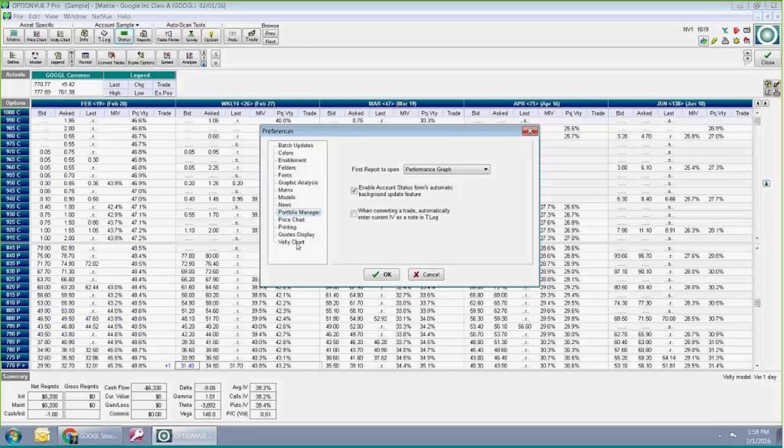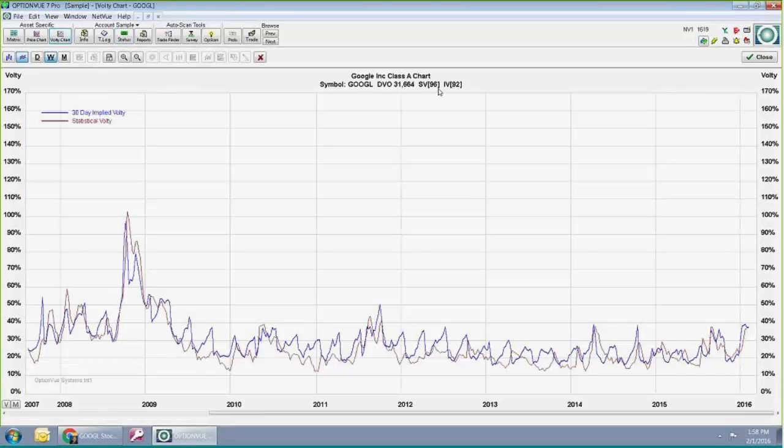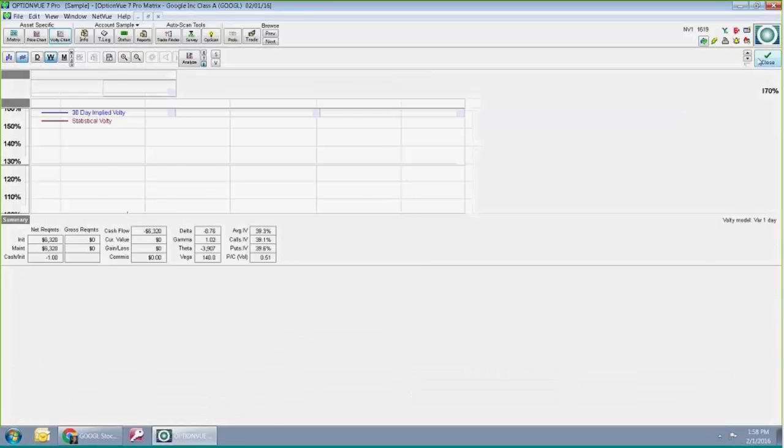Portfolio managers, anything else? I think those are some of the big ones. I mentioned the multi-chart too. I'd mentioned the percentiles. If you just leave this blank, it's going to use all available history. I believe that's a default. A lot of people like to just look at what the percentile is compared to the past year or 2 years. I use 1 year. So you can see if I go up to the multi-chart, as I mentioned, it's at 96 and 92. That's compared to the past year.